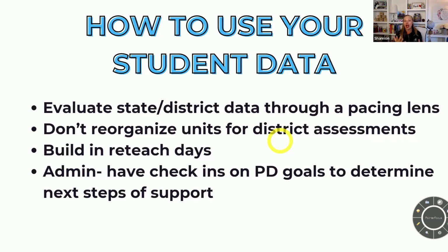But if I know I have a reteach day built in on Thursday this week and again next Wednesday, then I'm like, okay, I can keep moving through these lessons because I know I'm going to get to a real opportunity to stop and do some more hands-on teaching and some reteaching with my students. If you build them in, your pacing will thank you. You will just be a more confident and at ease teacher.